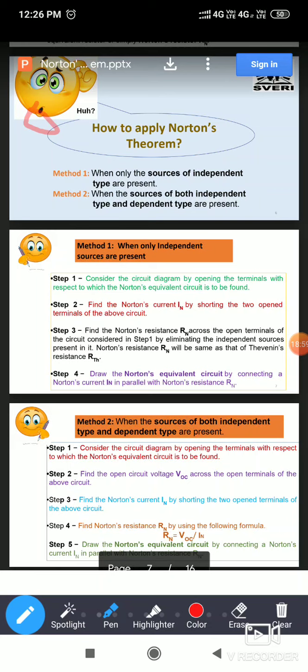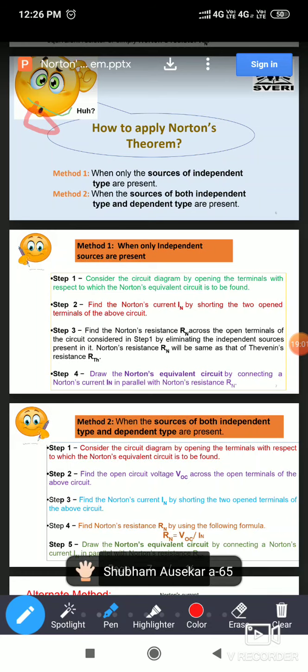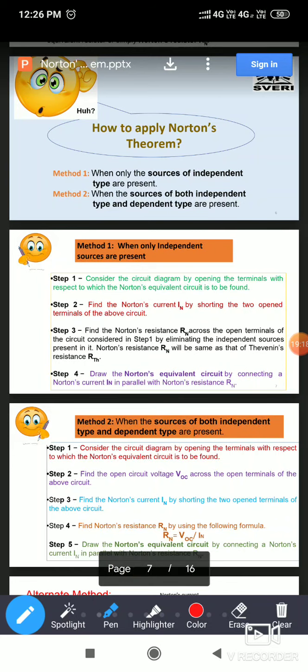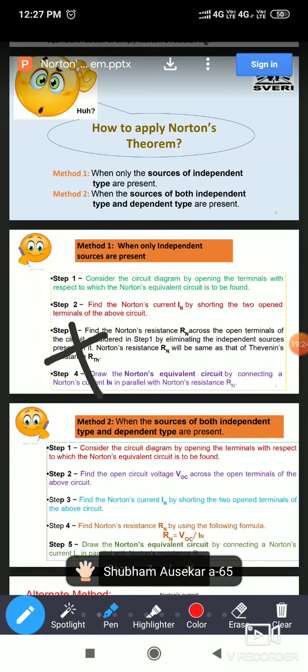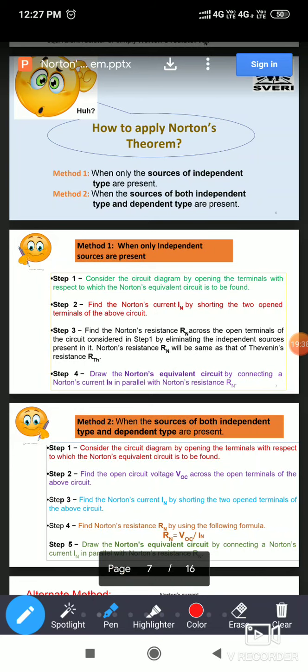Now the second case, method two. In method two, at least one dependent source is given. A dependent source is represented by this diamond shape, meaning a plus-minus voltage source and a current source. When a dependent source is present in the given diagram, you have to follow method 2. If a dependent source is not there, then you can follow method 1. Okay, हे तुम्हाला जमायला पाहिजे. You have to follow this procedure and that comes under observation. Once you identify which method it is, then you can follow the steps of that particular method.